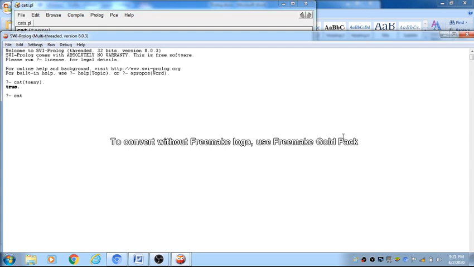If I query about cat(johnny) and then a full stop, the result is false. This means the value cat(johnny) is not stored in the database, that's why its value is false. If I again query about cat(jimmy), this value is going to be true because it has already been stored in the database.